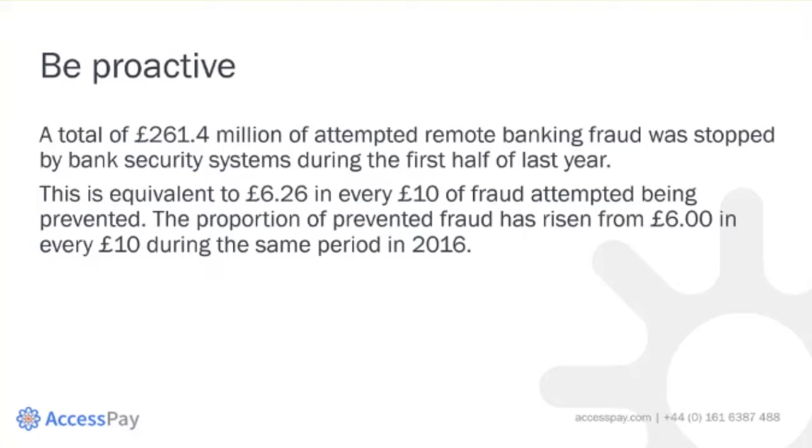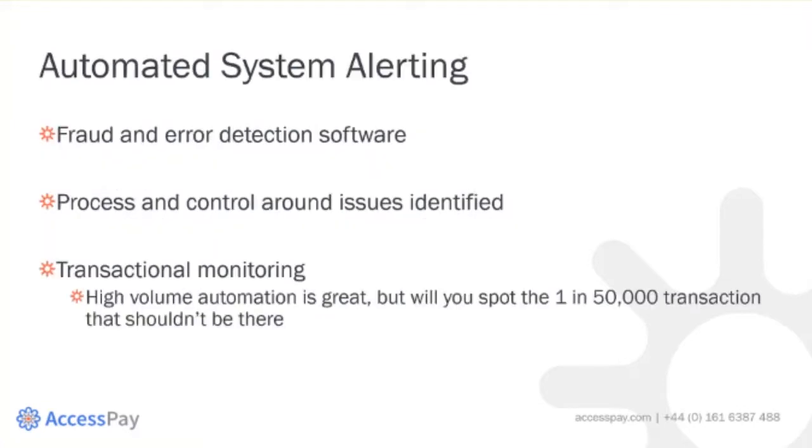Shifting our focus to stopping the fraud in the first place rather than attempting to retrieve the money after is clearly the way forward. In order to be proactive, automated systems and alerting is springing up. This may be through fraud and error detection software and process control being put in place and identified issues. One area this is gaining traction is in transactional monitoring. Automation can help reduce human error, especially if the volume of transactions increase, but this can lull us into a false sense of security, as we mentioned earlier, around our transactions, leading to us not checking individual transactions and leaving them unattended. This opens a loophole for fraudsters,